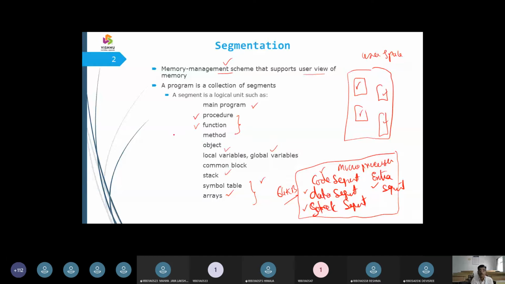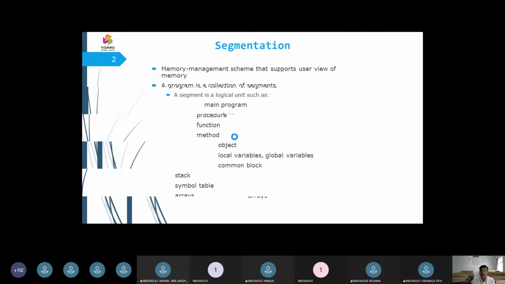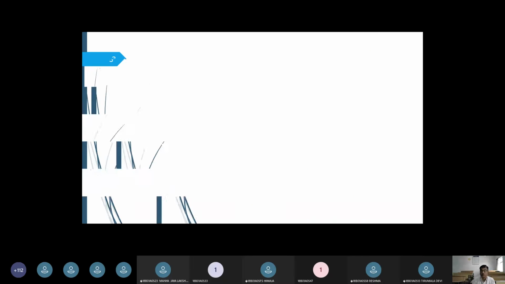If it is an object oriented program, then we have some class, and a class has some instances of a class. We have objects, and thereby we access data members and member functions, and there we have this approach called a method stream. All these components, a main program and subprograms, are going to have some reserved location for the data. That is where the user space gets accustomed, where segmentation is supported.